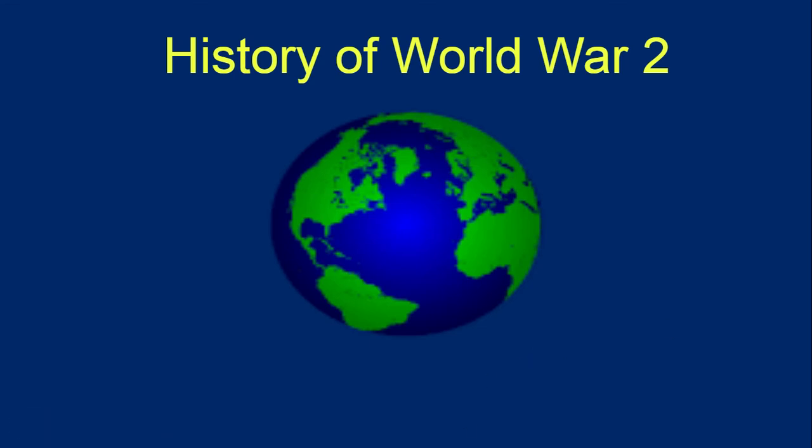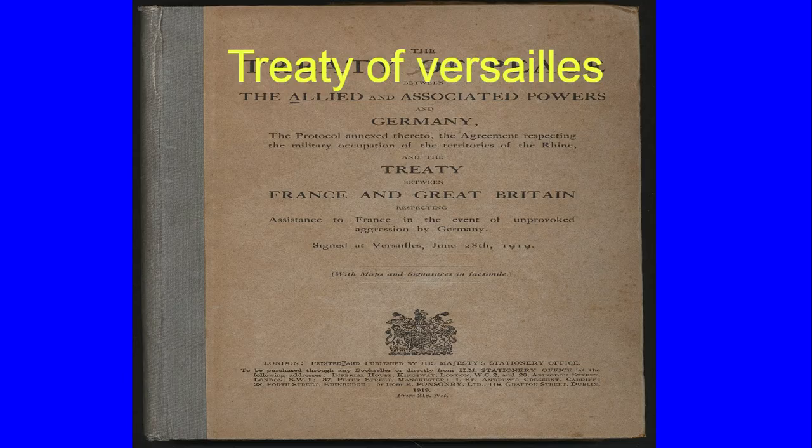Today I will tell you the history of World War II. So let's start. The main cause of World War II was the Treaty of Versailles. It was a treaty in which it was written that Germany would pay all the damage caused in World War